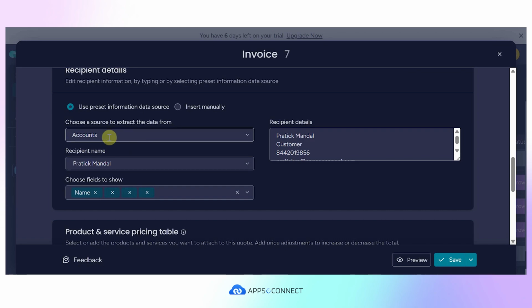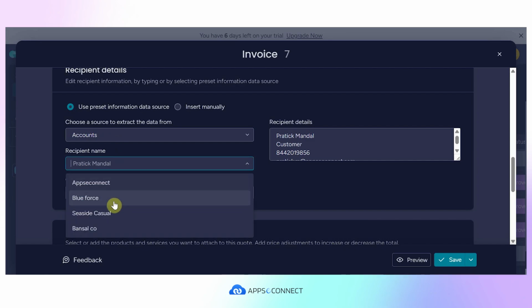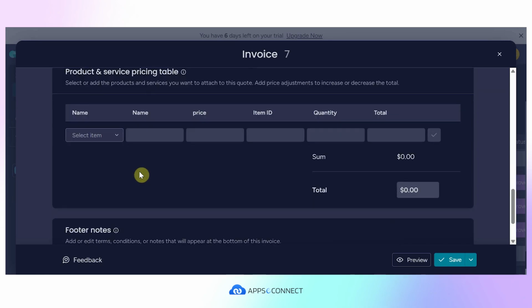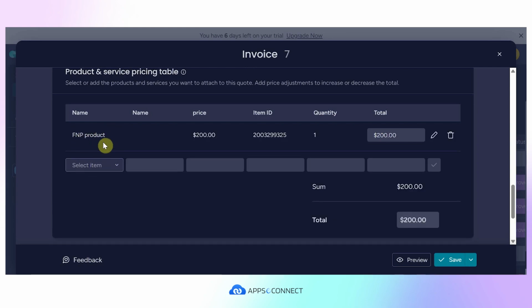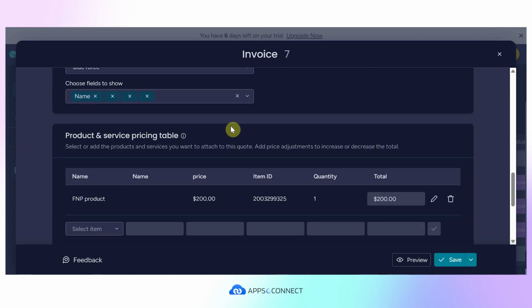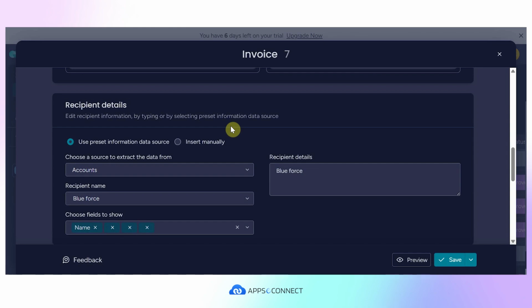So this is the accounts tab which I have chosen over here, and let me choose the exact account details. Let's just choose, and if I scroll down, you need to add the product details. This is a product by which we are going to synchronize the invoice to SAP Business One. The account details and the product details you must have in your SAP Business One, because if you don't have the account and product details in SAP Business One, then you cannot create the new invoice in SAP Business One.